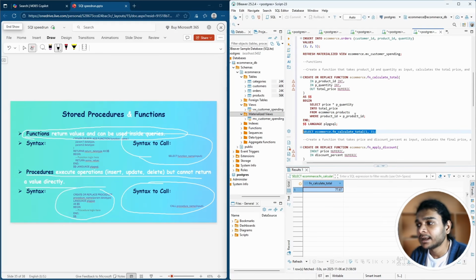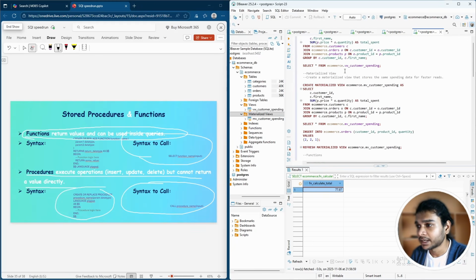So this function calculates the total price for that particular product ID. So we give the product that we want and the quantity of the product, and this function calculates the total price that it costs for that product with this quantity. I don't know how to explain it, but I'm trying my best. Yes, here we sent 1 as product ID and 3 as quantity. For 1 as product ID, we have